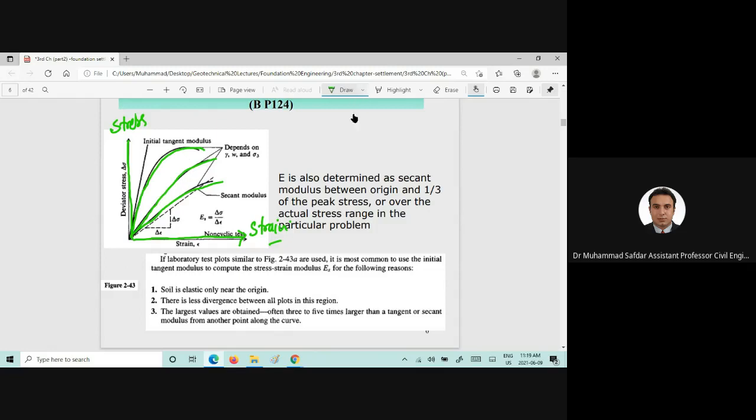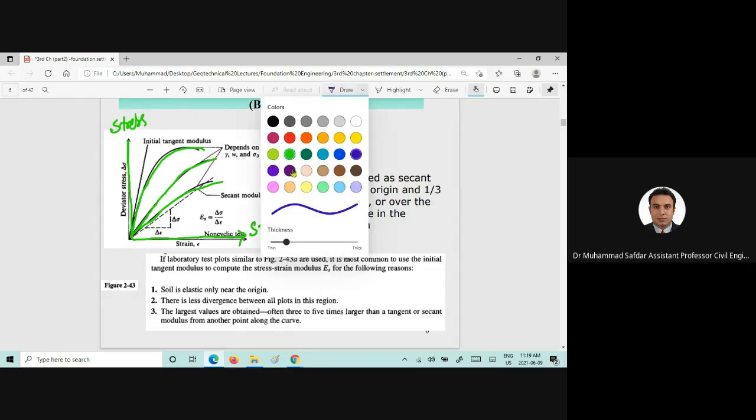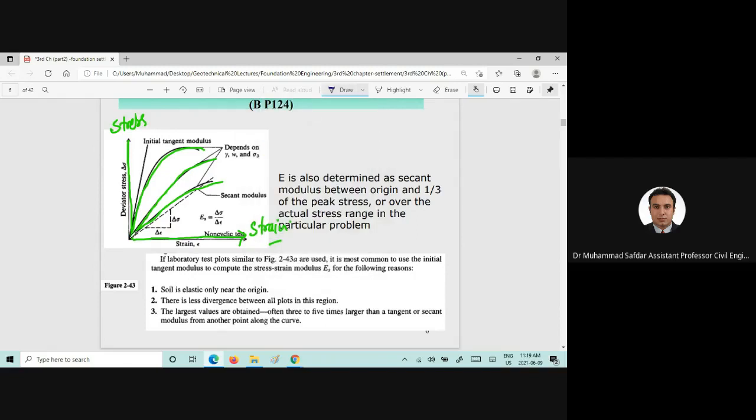Now, if you are interested in finding out the initial tangent modulus, we will simply draw a line, and from that